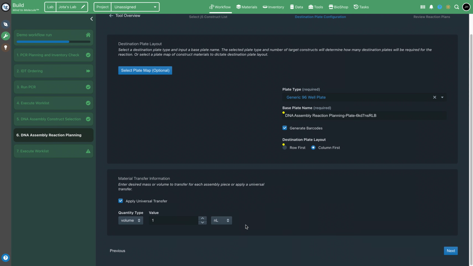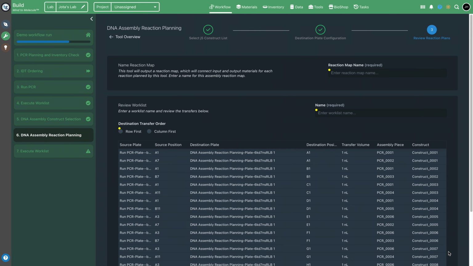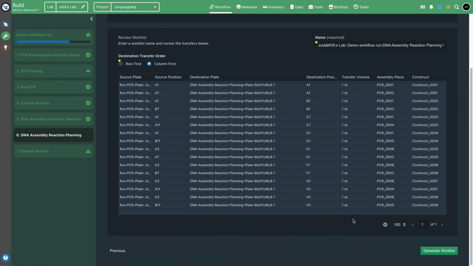Sorry, I'm gonna use a smaller volume for our transfers, and now we have everything good to go. We just can continue, and this will generate the work list. So same as before,